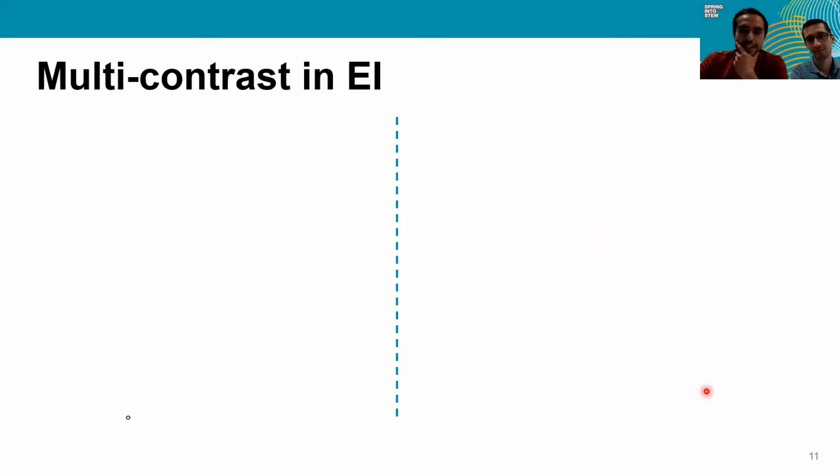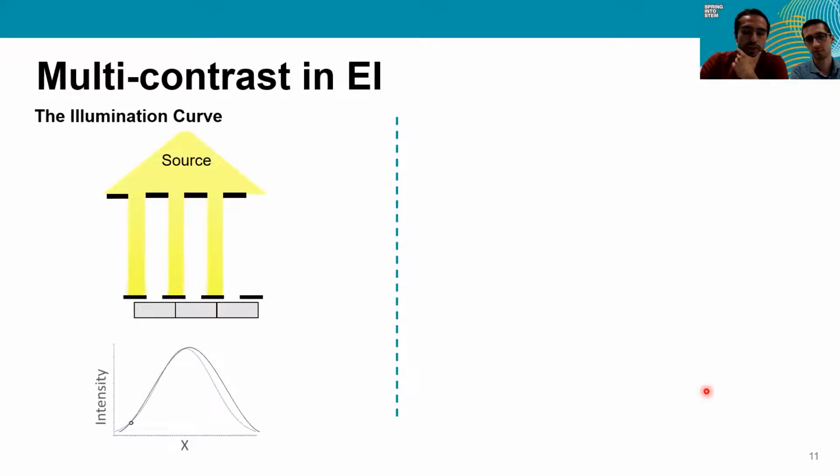Now, as I said, this has been a long process, and at the moment we acquire these contrast channels through something called the illumination curve. So what is the illumination curve? We scan the sample mask over our detector, and as you can see, we have a peak at which we reach maximum intensity. And then as we're scanning it, it drops. This illumination curve is characteristic of each system and gives you properties of the sensitivity of your X-ray system.